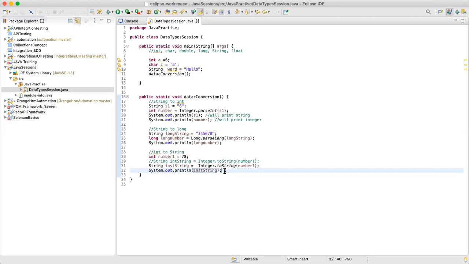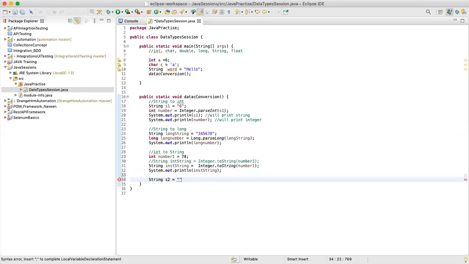So now we'll look at how we convert a string to a character. We already have a string, so let's say string s2 is Kavita.